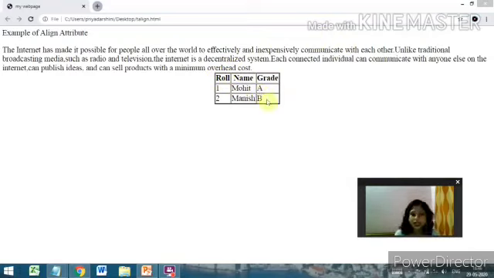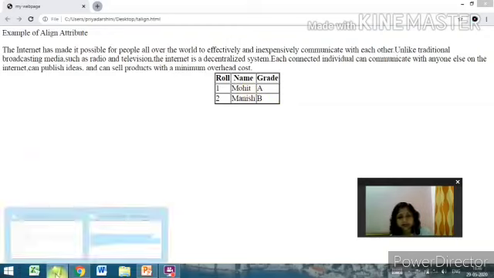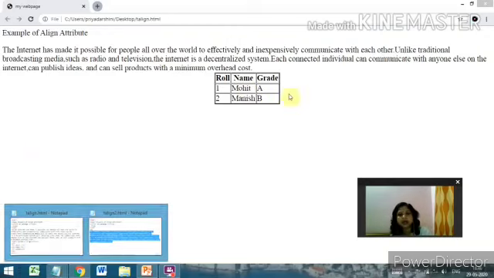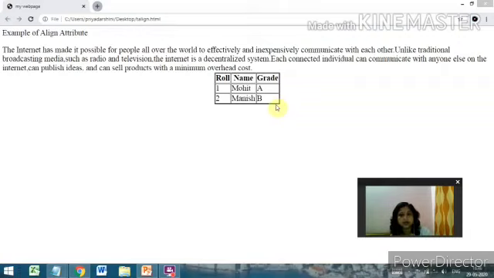If there is no text, then you can move here. Only the table is there. You write that the table will move to the right side, left side, and center. You can keep as you wish. And if you have some text or paragraph within your web page and you want a table to keep with respect to the text, then also you can use it. So I hope all of you understand the align attribute of the table tag.